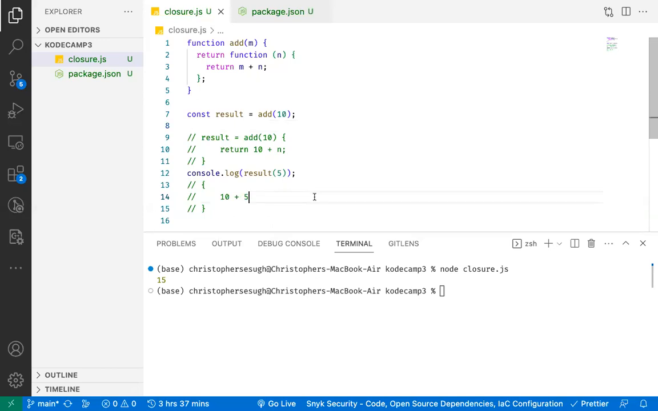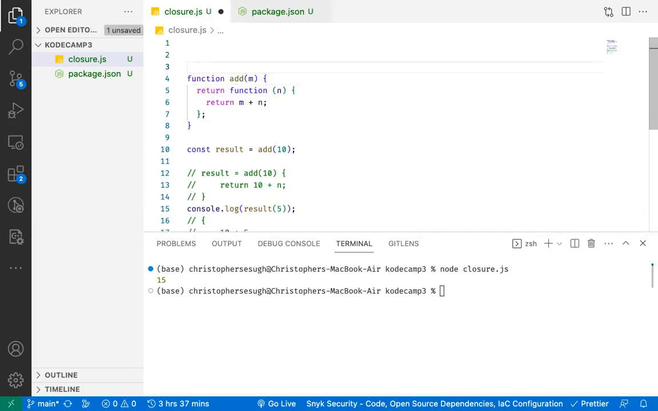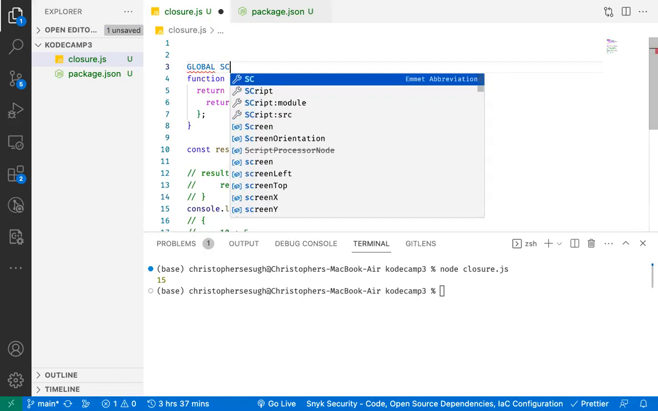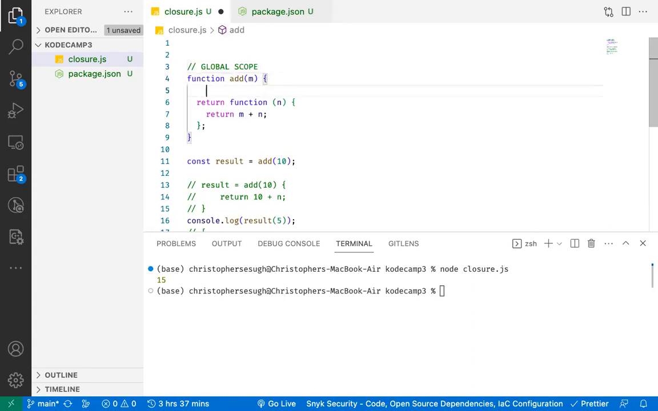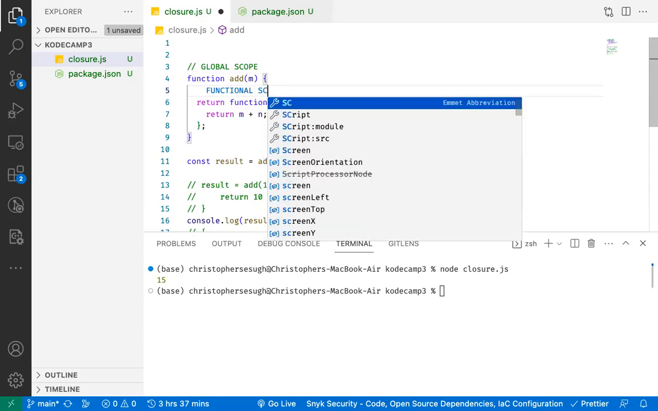So in understanding closures, you need to pay attention to all these things, the global scope and the functional scope. Let's talk about the global scope and the functional scope here also, so as to clarify things. Here is the global scope, in the sense that any variable declared here is accessible in the whole of this file. Any variable you declare outside of this function is accessible in the whole of this file. But any variable defined here, which is the functional scope,